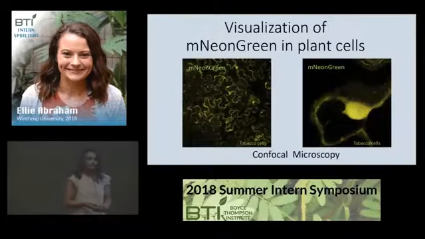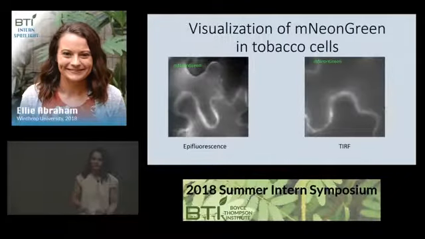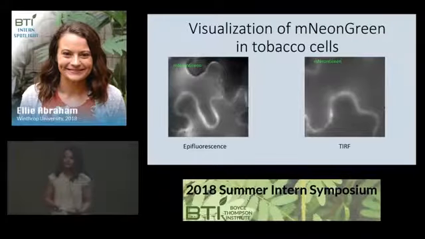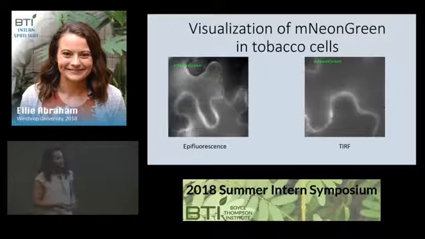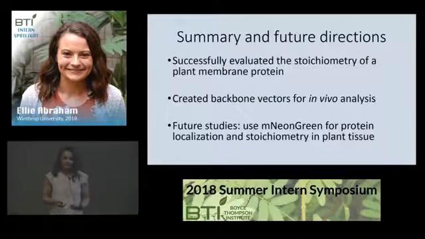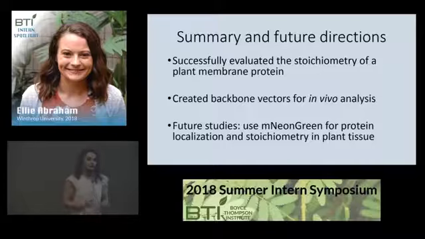I also visualized mNeonGreen with an epifluorescence and a TIRF microscope, and I used the same microscope that I used for my photobleaching analysis. It was really important to visualize with the TIRF scope because we want to use mNeonGreen for further photobleaching in vivo. And if the mNeonGreen can't be picked up by the TIRF scope, then we wouldn't be able to do the photobleaching. And knowing that mNeonGreen can be picked up, we can use it to validate the studies that I did this summer. So this summer, I successfully evaluated the stoichiometry of the plant membrane protein OSCA, and using mNeonGreen in vivo